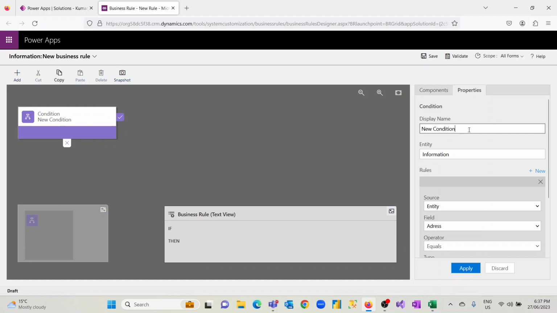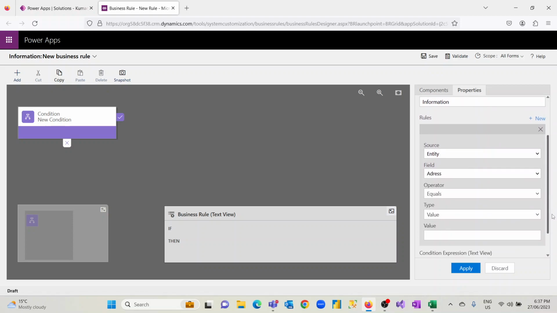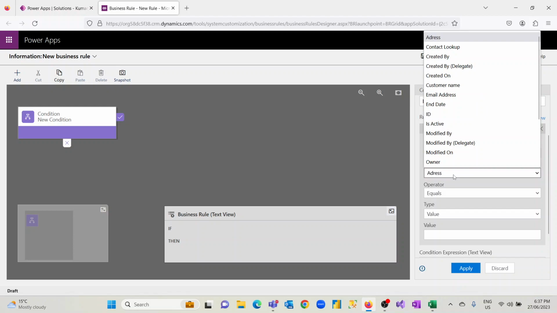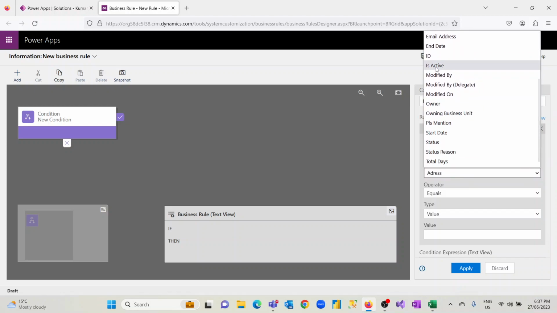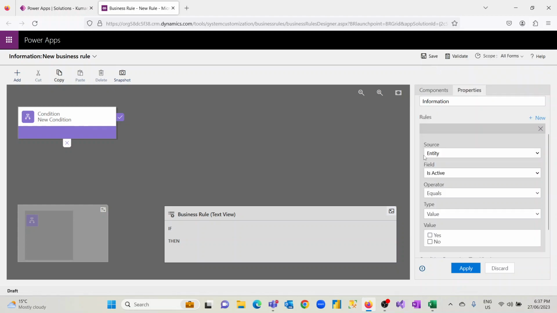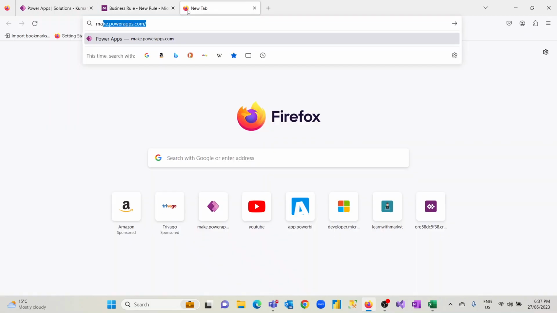Now I will give it a name as yes or no business logic. You can give it any name as per your wish. It's within the information table, so I will leave it as entity, and I will use the field as is active, as I have created an is active field, and the is active field is having two values, yes or no. How I have created an is active field, I can go ahead and show you in make.powerapps.com again, and